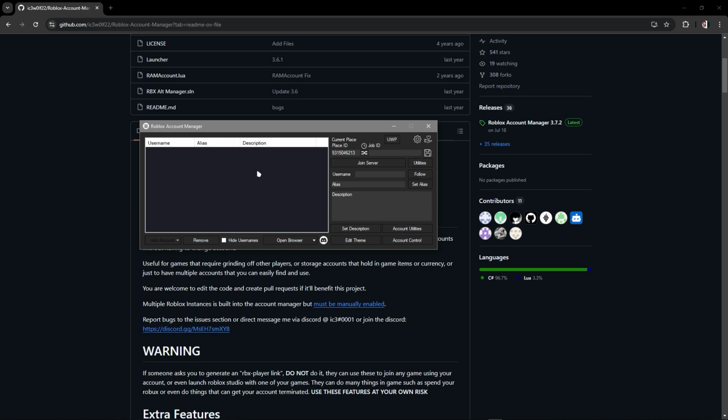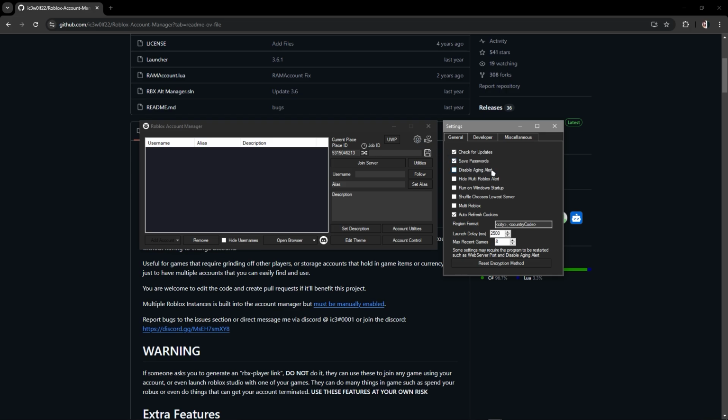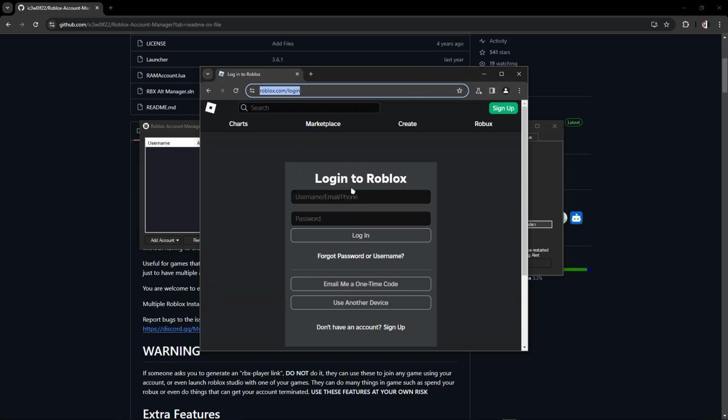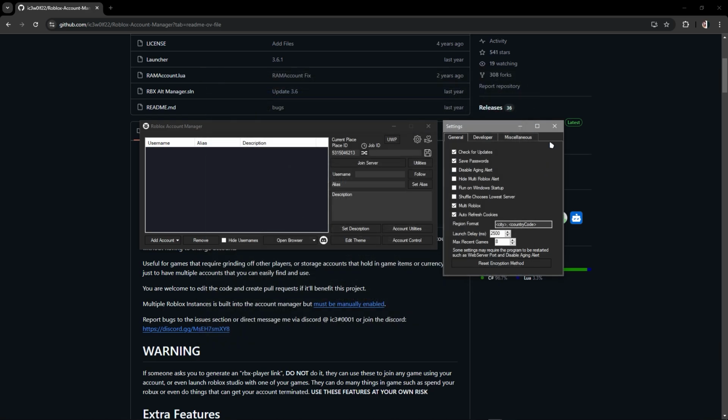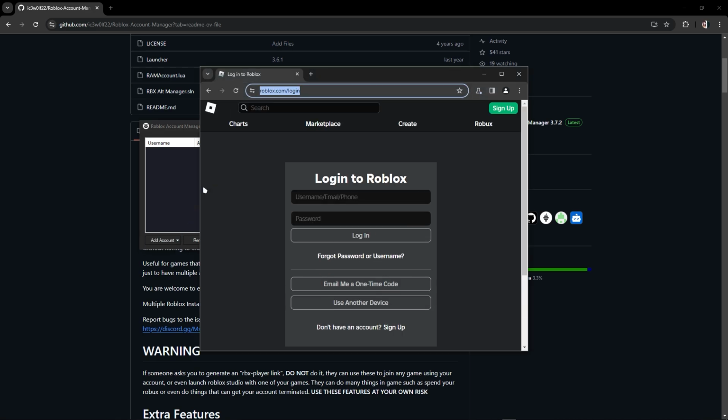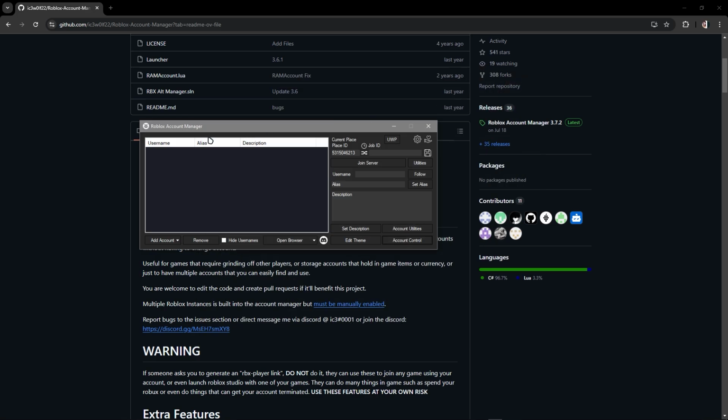Now, if you want to have multiple accounts in here, you just have to click settings. And as you can see, just click this multi Roblox. And once you click that, this is where you have to log in your Roblox. And once you have logged in your Roblox, the account could also appear here, as you can see. And once you have done that, just log in your multiple Roblox, and you could open them one by